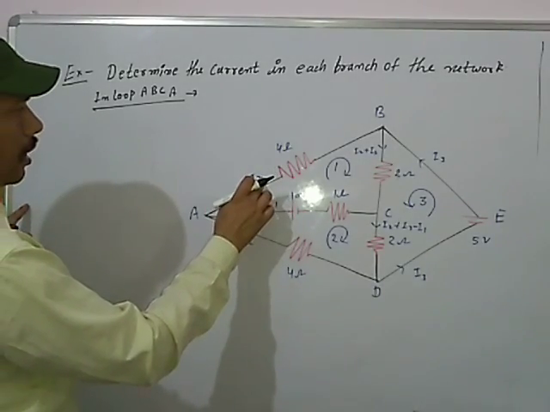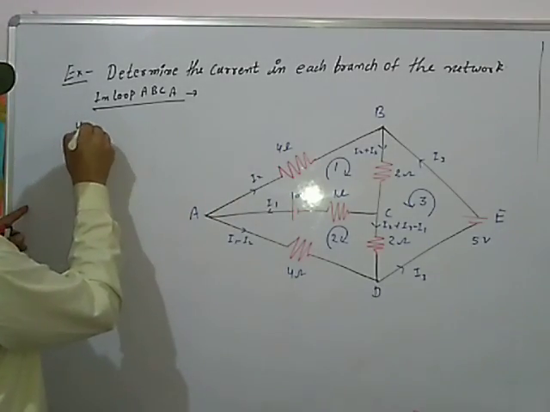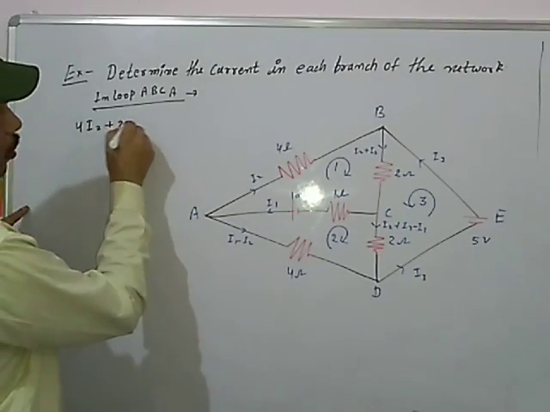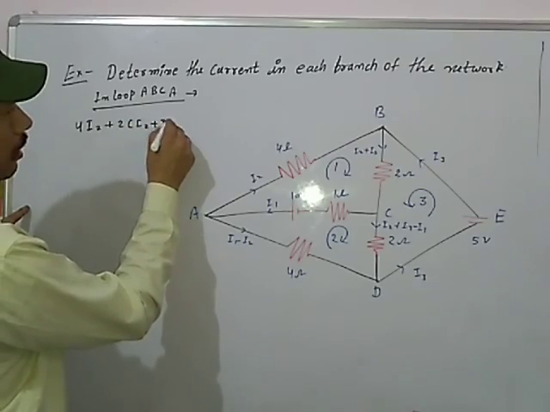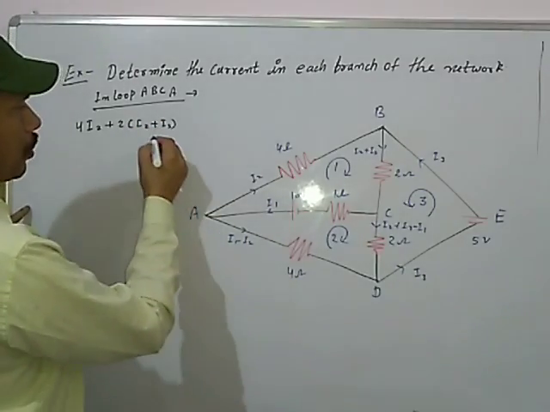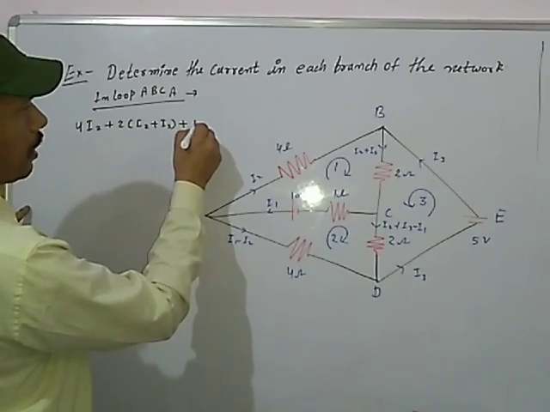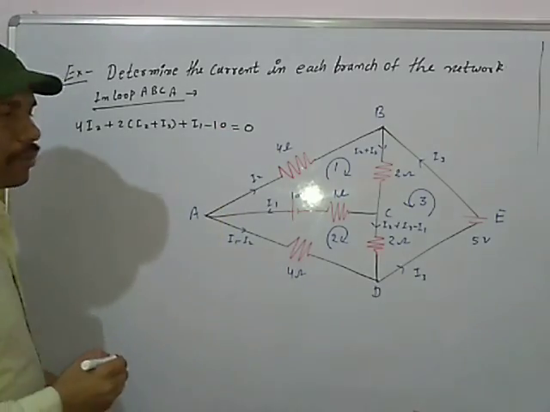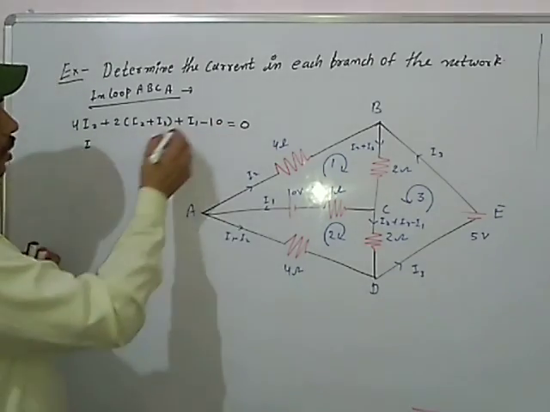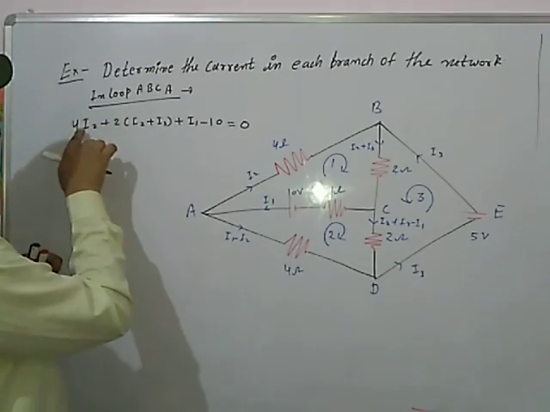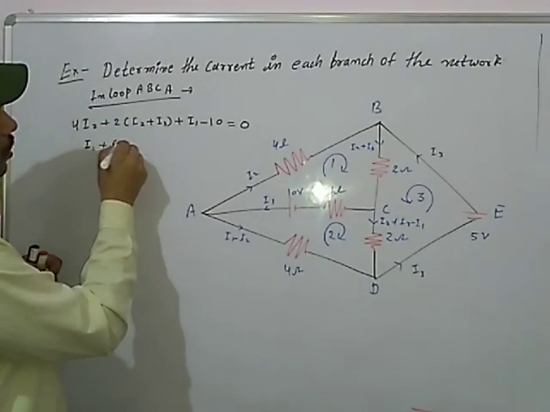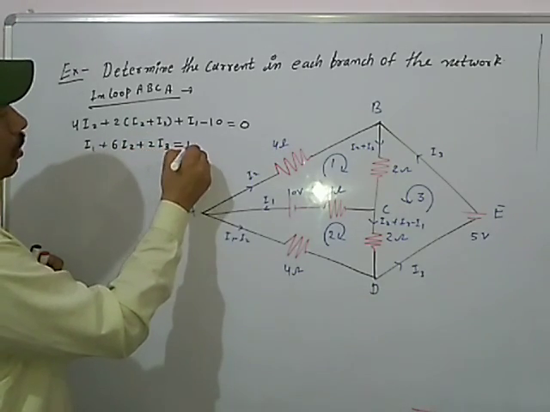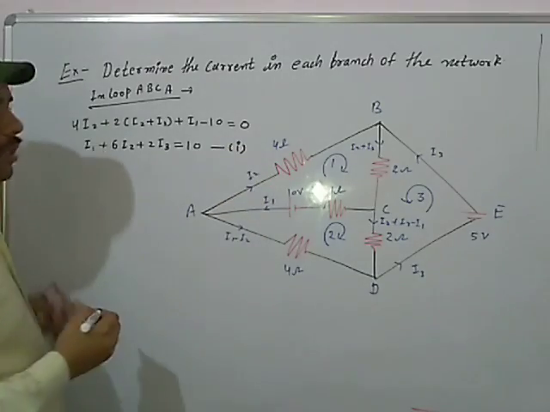Then the current is I2, resistance is 4 ohm, तो ये हो गया 4I2, and then from B to C it is plus 2I2 plus I3, उसके बाद C से A की तरफ आते हैं तो ये हो जाएगा प्लस I1, फिर यहां पर आते हैं माइनस के 10 and then it is equal to 0. Circuit is complete. Now I1, then 4I2 plus 2I2 is 6I2 plus 2I3 is equal to 10. This is equation number 1. ये एक इक्वेशन बन गई.